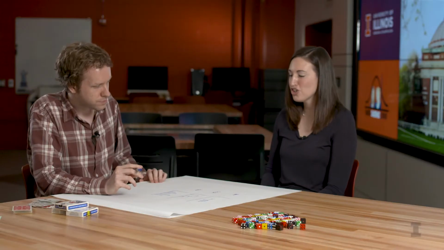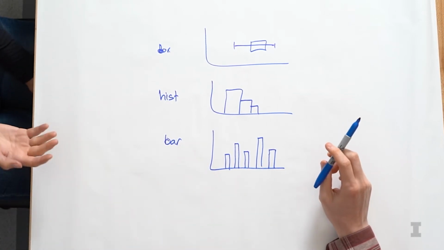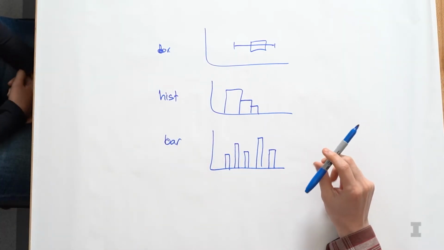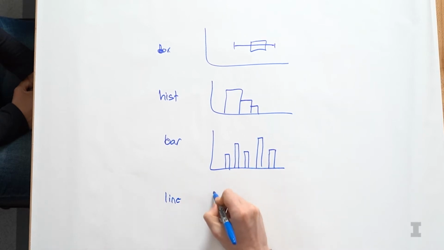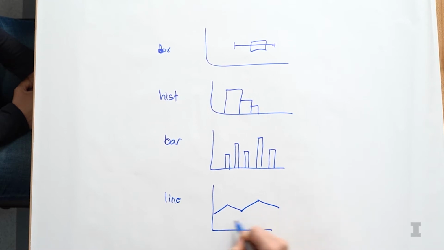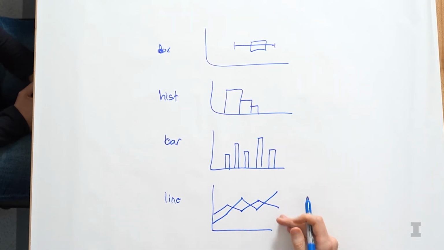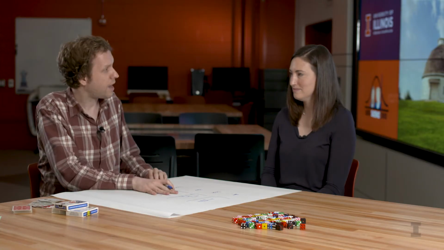Exactly. And a lot of times bar charts are used for categorical data because the x-axis can be categories. Like maybe we're looking at A's, B's, C's in a course, we could put those as the x-axis. Another piece of data that often will be based on categorical data are going to be line charts, where each category may be its own line. So you may have a line chart that has different categories of data being drawn on the same chart. So line charts and bar charts can often represent the same type of data, and it's a different representation of them.